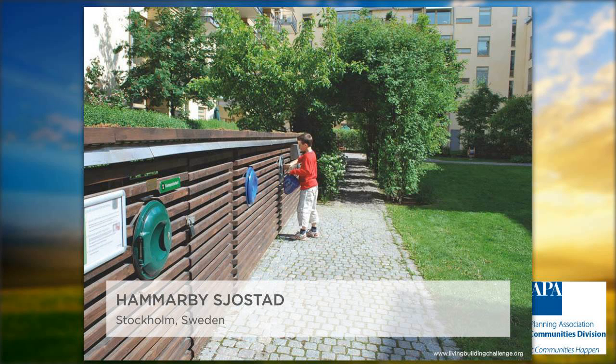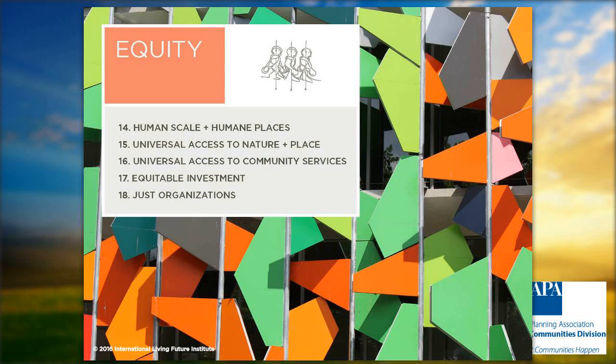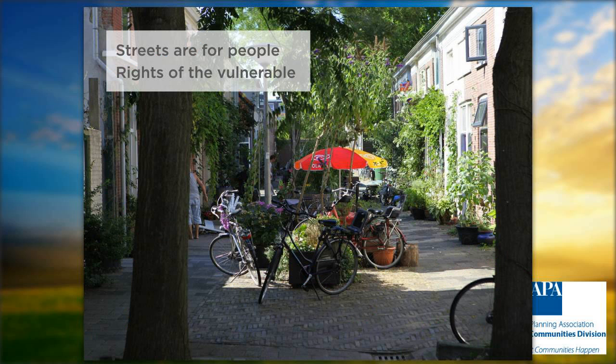The equity petal focuses on creating a built environment that upholds the dignity of all members of society, regardless of their physical abilities or economic situations. The imperatives cover a range of issues, including accessibility, rights to natural systems, and protecting individuals from negative impacts caused by adjacent properties. This is the first woonerf in Delft, Netherlands. It's a great example of a street reclaimed for people.